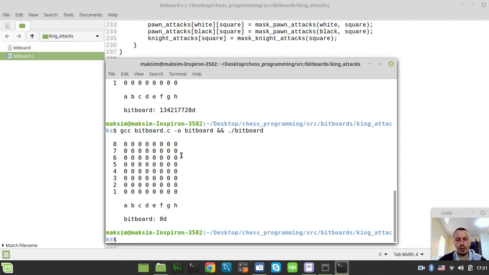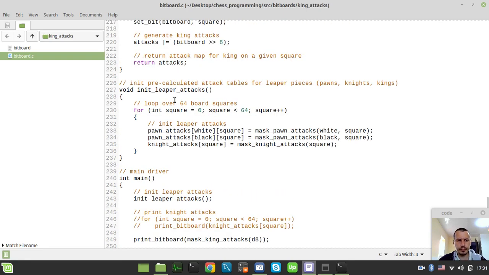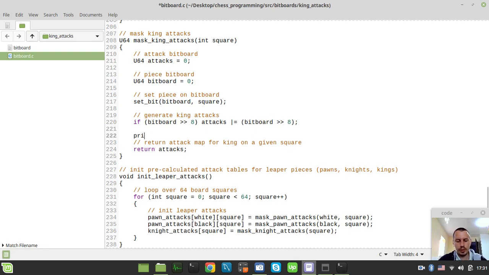So in order to avoid this sort of behavior, we simply need to say here: if this bitboard right shifted by 8 is equal to true, because otherwise let me just try to show you what is going to happen. Let's print this as a decimal, or we can actually print this as a